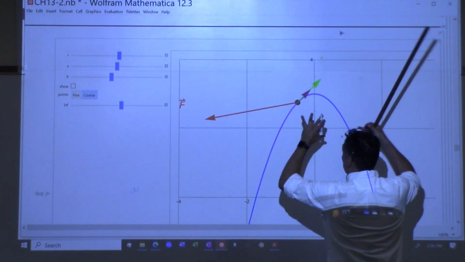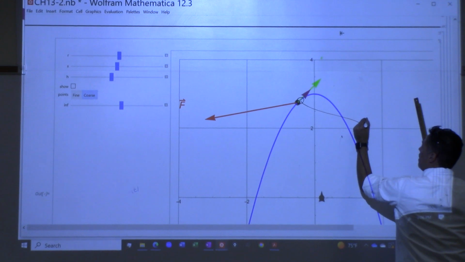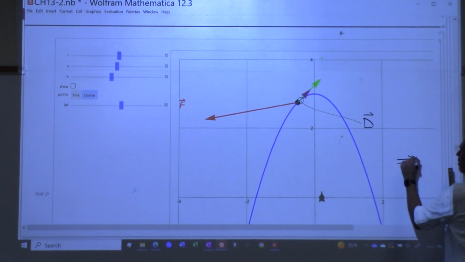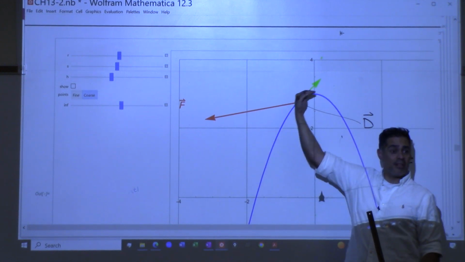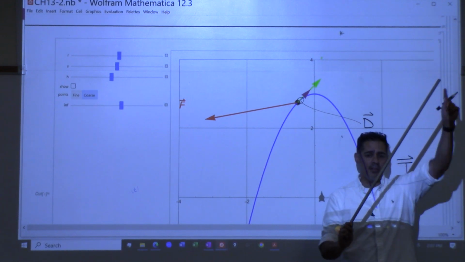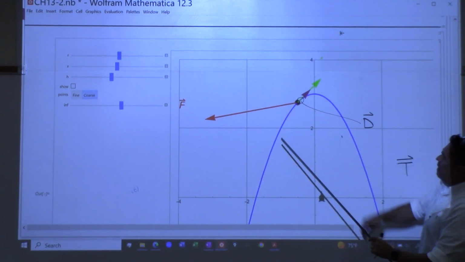If we zoom in, and we want to know that green vector, which is going to be the displacement vector, I could look at it as being the unit tangent vector. Remember what the unit tangent vector is? If you have a curve, you have a unit tangent vector, which is a vector that is tangent to the curve and has a length of 1. So that would be too big, because that's just going to have a length of 1